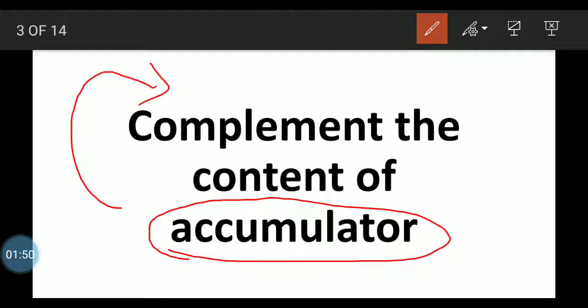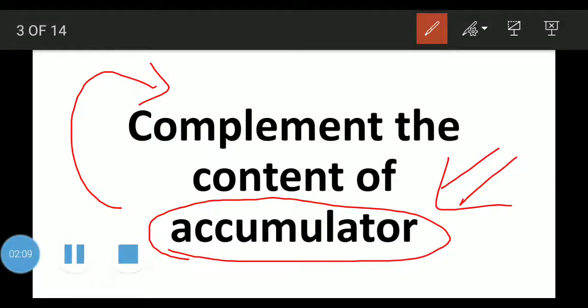Only the content that is present in the accumulator will be complemented. We can get a complement of the content by this instruction with only one condition: the content must be placed in the accumulator.